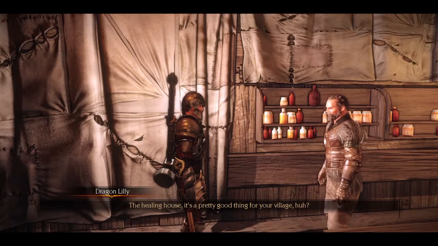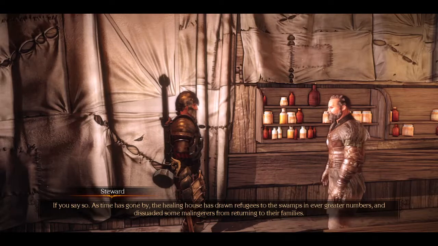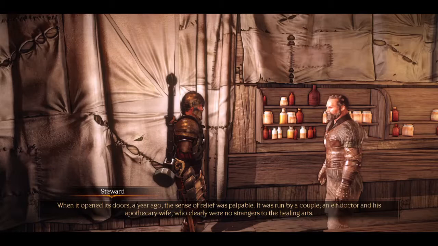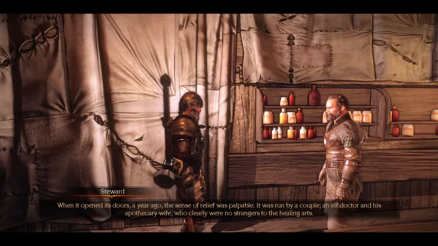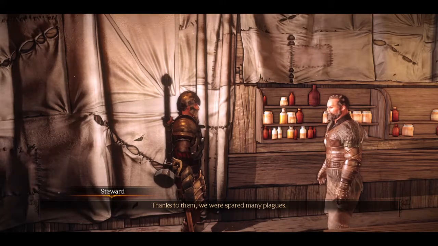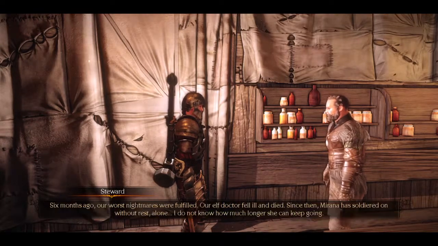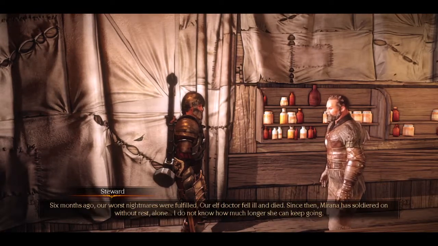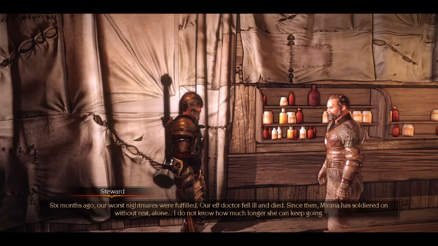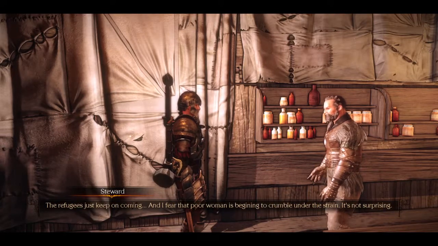The healing house. It's a pretty good thing? If you say so. As time has gone by, the healing house has drawn refugees to the swamps in ever greater numbers. When it opened its doors a year ago, the sense of relief was palpable. It was run by a couple, an elf doctor and his wife. Thanks to them, we were spared many deaths, but as the war dragged on, the endless tide of refugees grew. Six months ago, our worst nightmares were fulfilled. Our elf doctor fell ill and died. Since then, Mirana has soldiered on without rest. The refugees just keep on coming. And I fear...